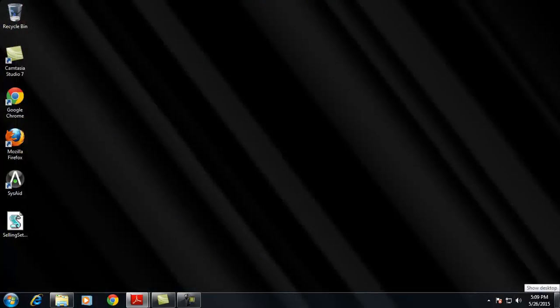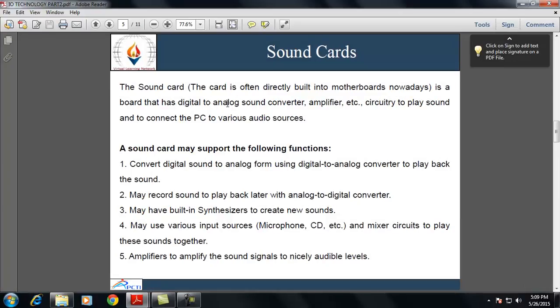Next one is sound card. A sound card is a board that has a digital to analog sound converter, amplifier, etc. circuits to play sound and to connect the PC to various audio sources.